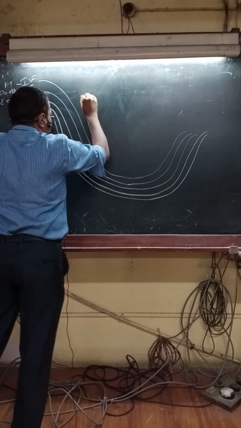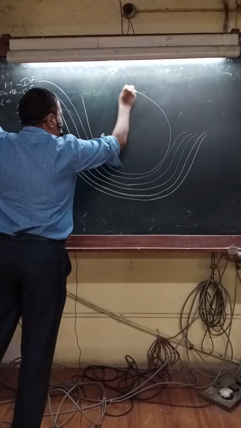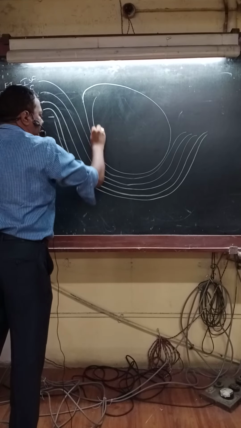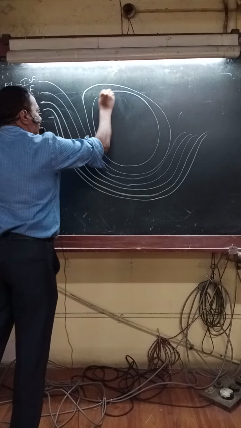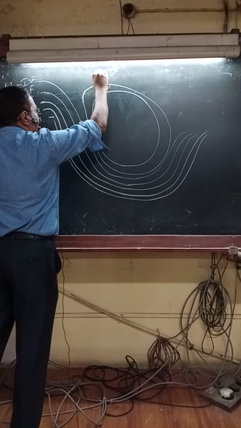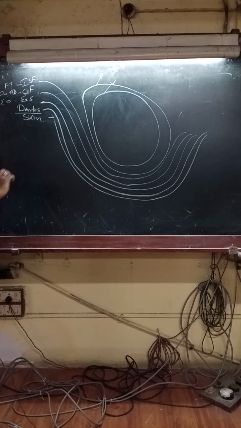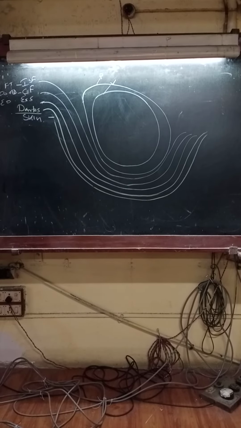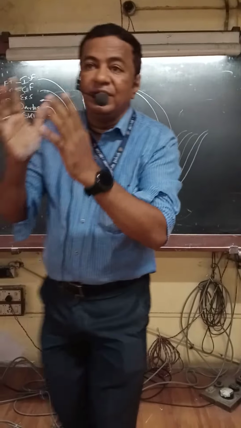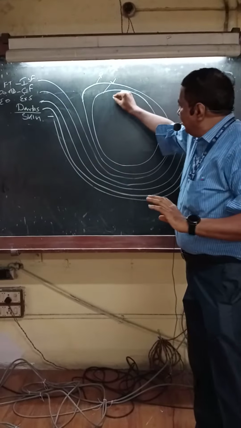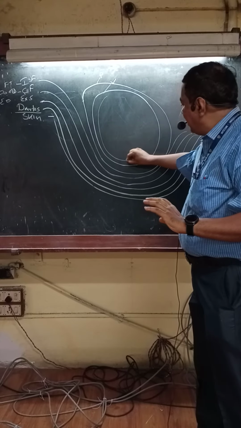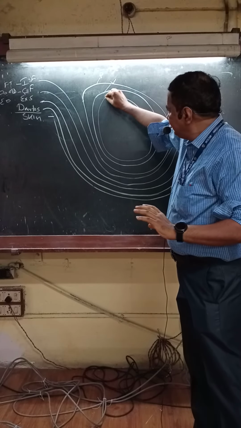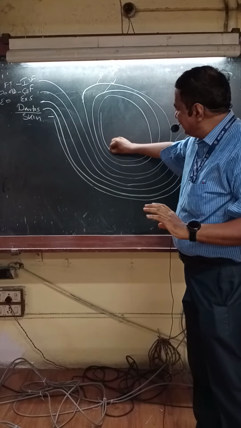And the next is the parietal layer, and then next is the visceral layer of tunica vaginalis. Parietal and visceral layer of tunica vaginalis. Tunica vaginalis is derived from processus vaginalis, which is the extension of peritoneum in the scrotum. Then is the tunica albuginea and tunica vasculosa. So here is the testes.